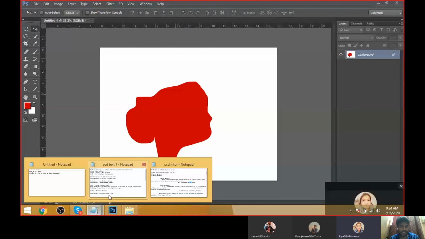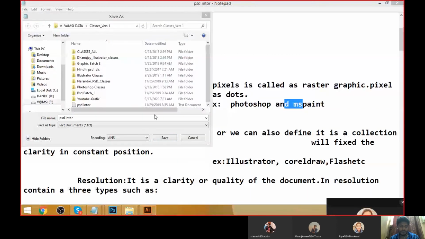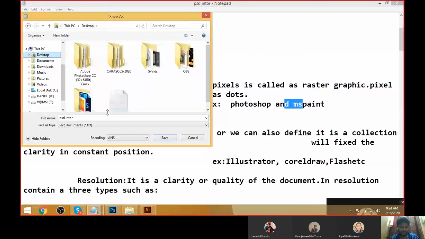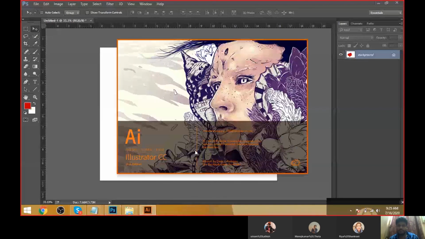I'm doing the same design in Illustrator also. Let me open the Illustrator. Okay.